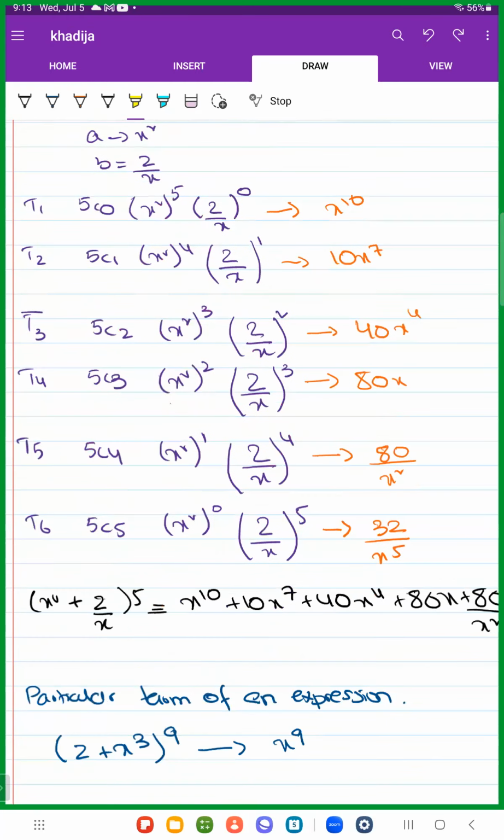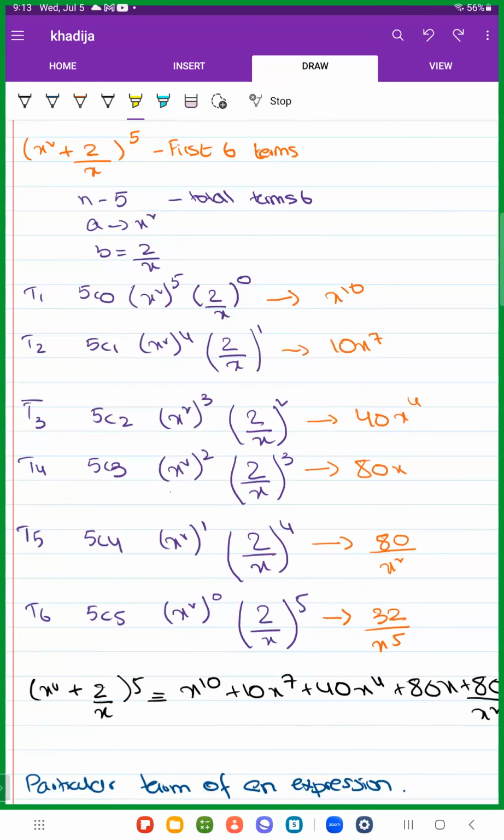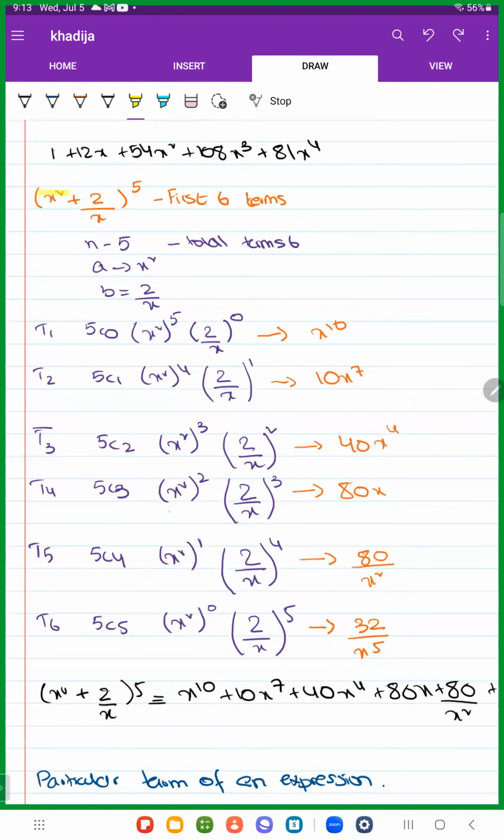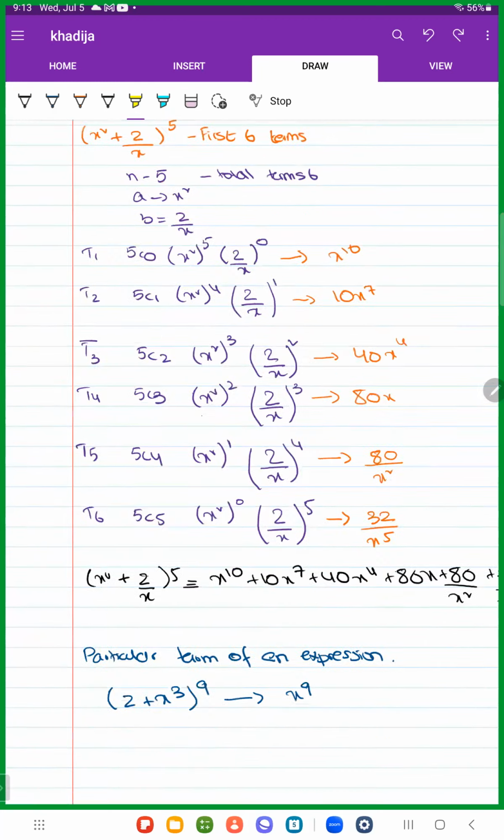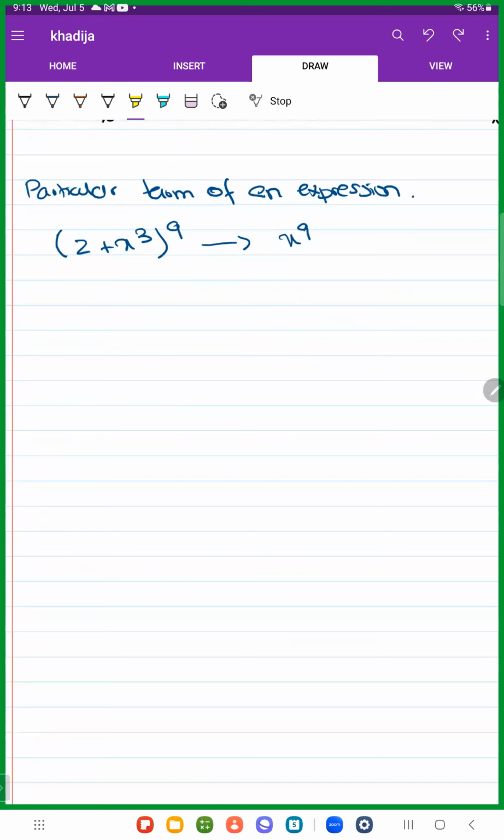However, in this expression, if I would, for example, ask you to find out the term with x4, you can't do the same thing, because it's not a linear expression. It's the same example over here. This is a cubic expression. So for such expressions, we have to use the particular term formula. When they ask us to find out the particular term, we can't directly do it. We have to use a formula for it. The formula basically says